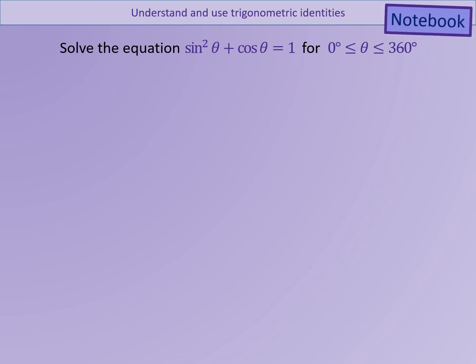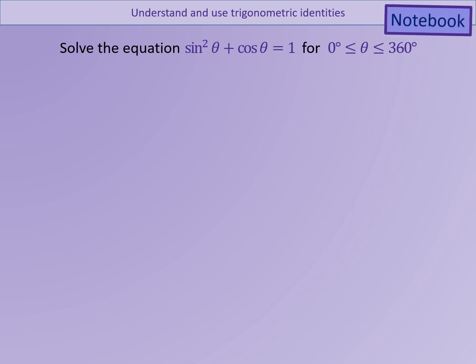Good, and here's our final example. We have to solve the equation sine squared theta plus cos theta equals 1, again between 0 and 360. Once again, initial thoughts might be to bring the 1 over to the left hand side, make it all equal to 0, which would seem like a good idea, but then we have an equation that has different trig functions within it, and there are no common factors,